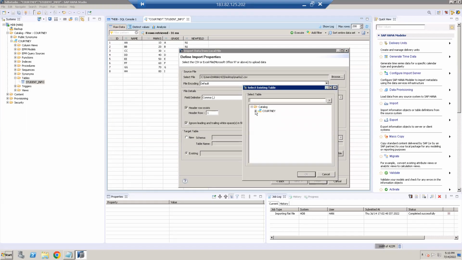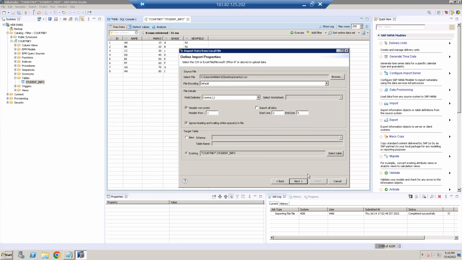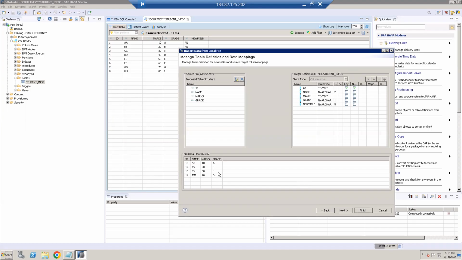So our table is under this particular schema. This is our table name. So you can select the table name and select the OK button. Okay. So this is the schema, and under this schema, this is the table. So select the next button. So it is showing the records, right? And one difference is, when we are trying to create the table the first time, a new table, automatically the field names will be mapped to the new table. But when we are trying to